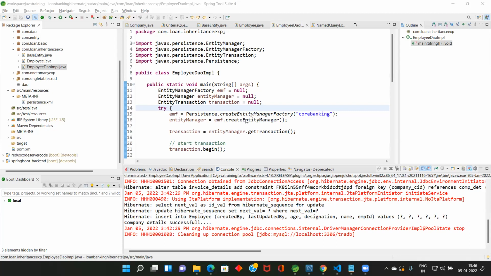So I sent all the files. Can you copy them into com.loan.inheritance.exp and execute and see? Okay, these are all the 4 files.